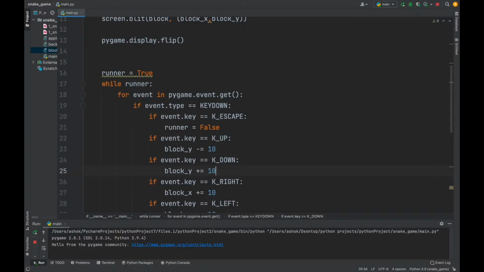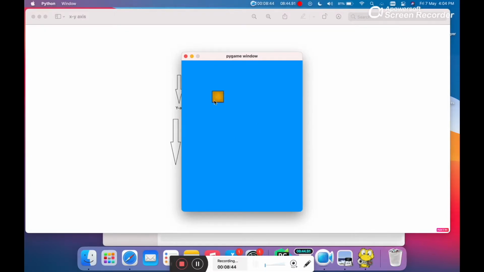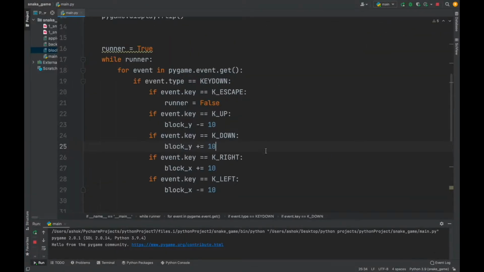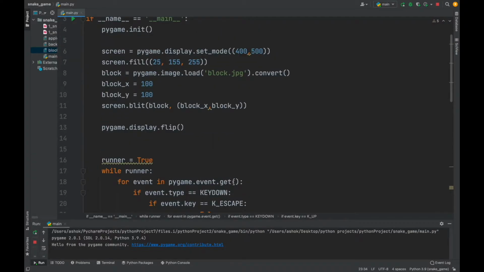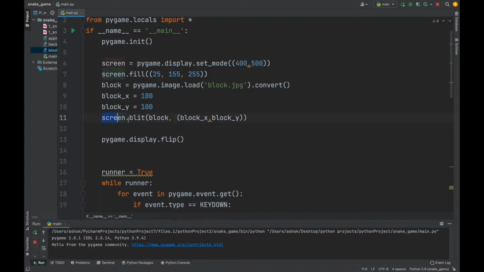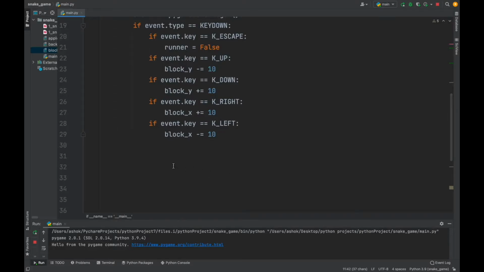Now here by pressing keys, we are changing the value of the block. If the block is now at 100 by 100, and you press any key, the value of the block is changing, right? So after changing, the block should print again. So what should I do? screen.blit(block). Now the values of block x comma block y will update according to these,